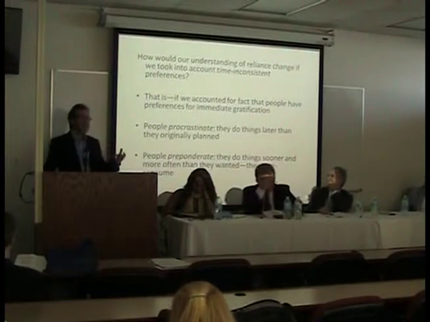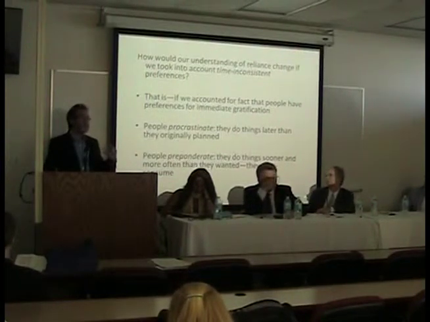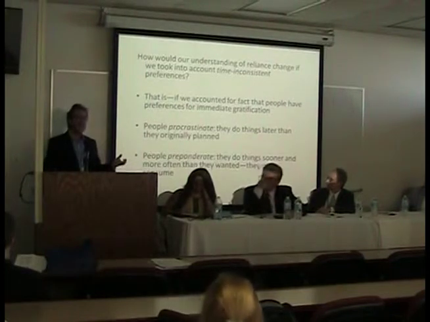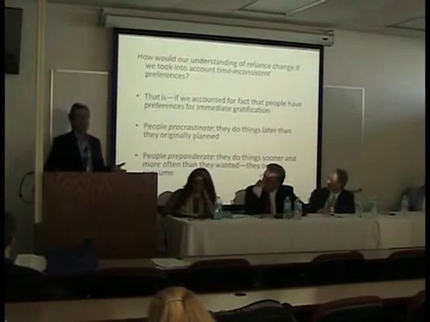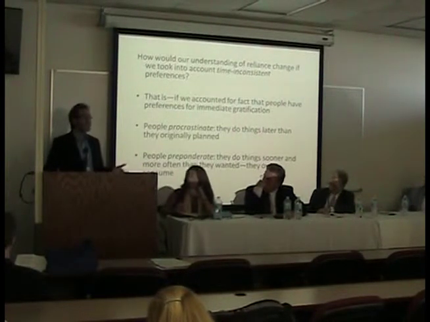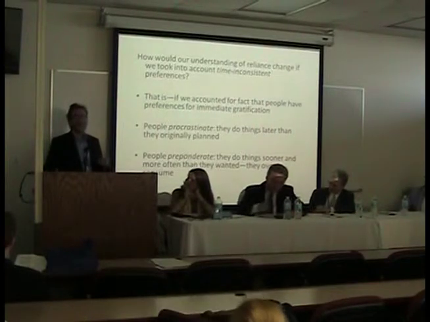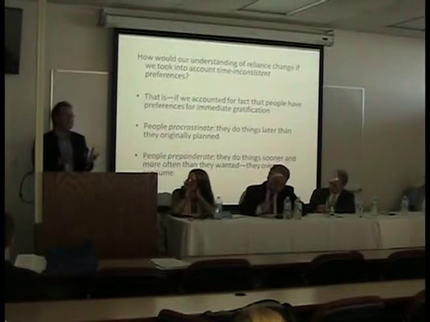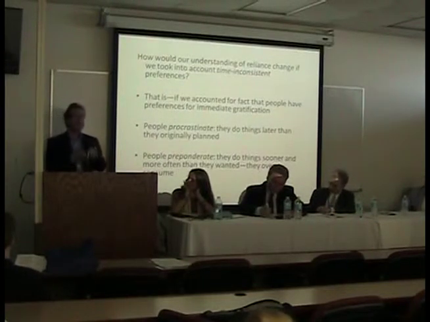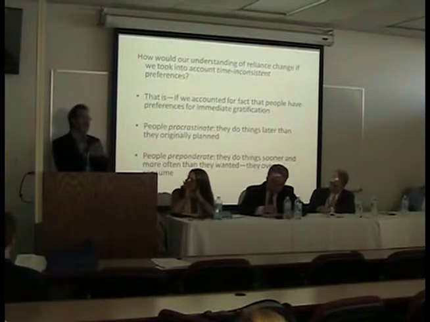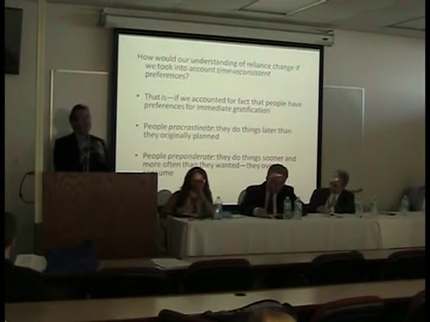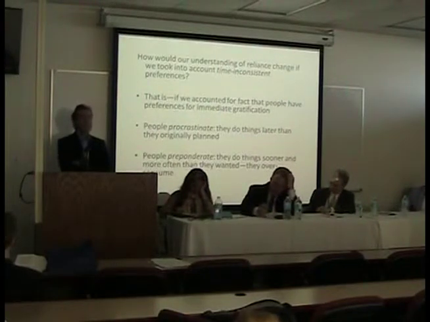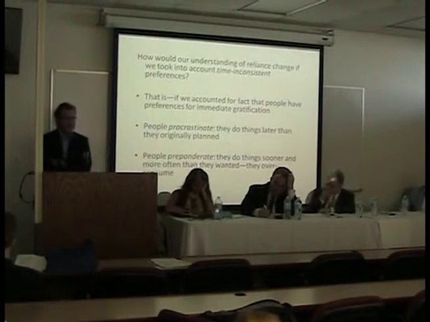Now, under the general understanding, if we only give reliance damages to buyers, or if we allow for renegotiation, there will be under reliance, and if we give expectation damages, we will have over reliance. We will have reliance in some cases in which the parties, as a group, would be better off if there hadn't been reliance, okay? And so what I want to explore is how this general model would change if we take into account time-inconsistent preferences, okay?